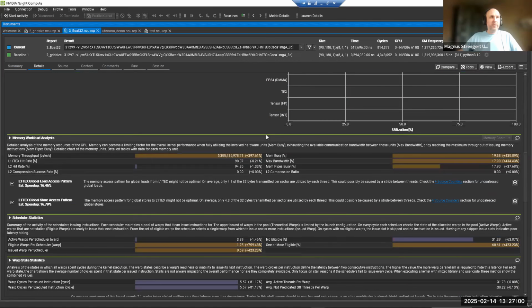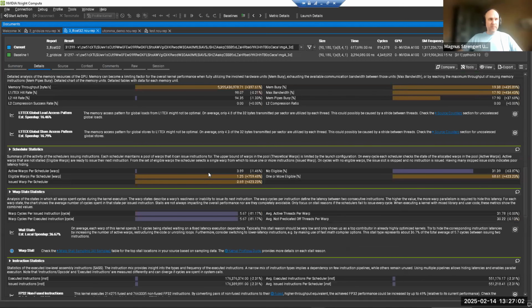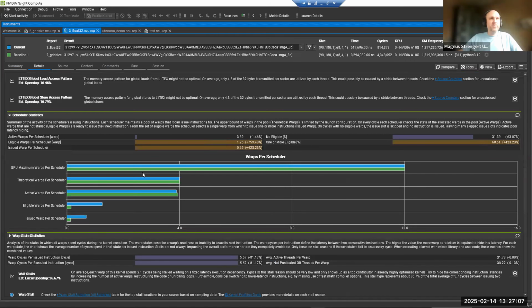And we can do the same thing for all the other metrics, including the source page itself. Before I jump to the source page, you can see down here what actually happened: we have the same hardware limit, the same theoretical limit. We launched it with the same occupancy. But now, because we don't wait for those FP64 instructions all the time, our eligible warp count went up quite a bit. So we are way closer to 1, and we can actually issue now